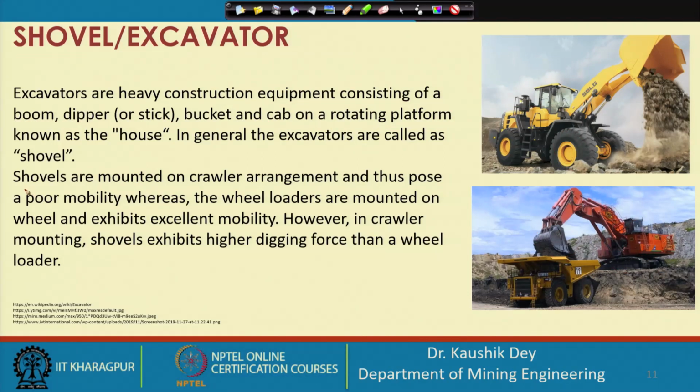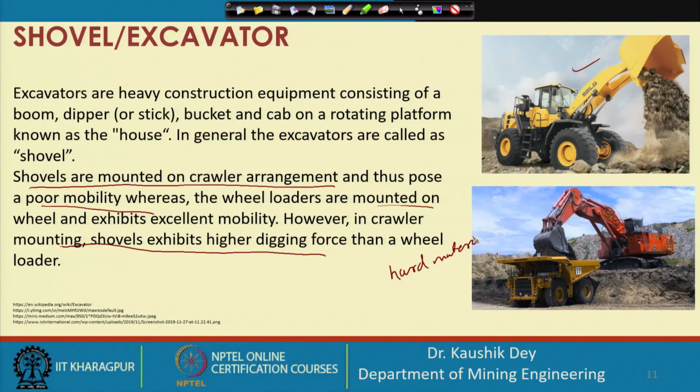So, shovels are mounted on a crawler arrangement, which gives poor mobility, while wheel loaders mounted on wheels exhibit excellent mobility. But, the shovel being crawler mounted exhibits higher digging force than the wheel loader. That is why the bucket capacity for a wheel loader is mostly kept higher than these excavators, but wheel loaders have very poor digging efficiency. That is why for the shovel the digging efficiency is very good. That is why they are applicable for the hard material,